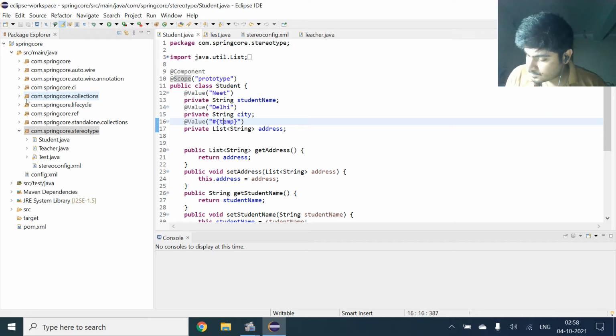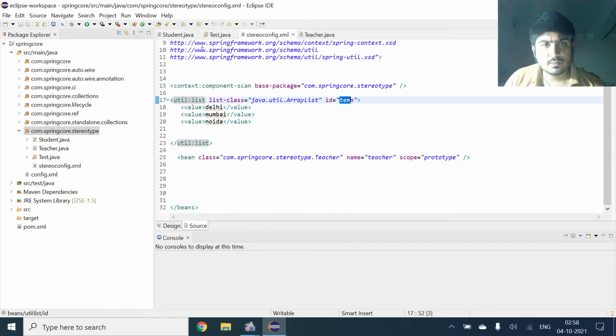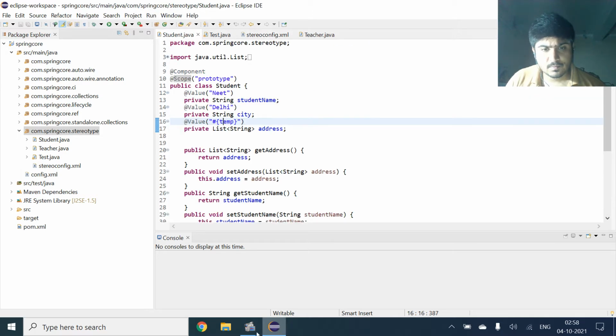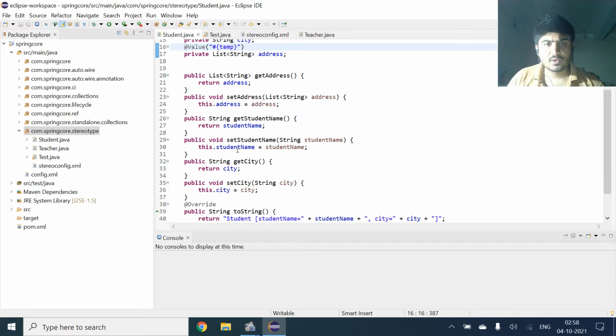This is how SpEL works. With the help of expressions, it will inject the values and run the program.